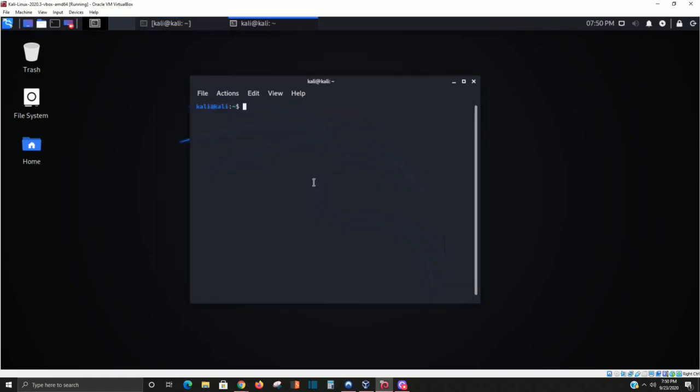Okay, so now we're back. We've successfully installed our updates. We ran our upgrades and then we ran our distribution upgrades. So now that we have everything secure with our password and we have our Kali Linux updated and upgraded to the latest versions of everything, the next thing we want to do to make sure that our Kali Linux is secure is we want to make sure that we have